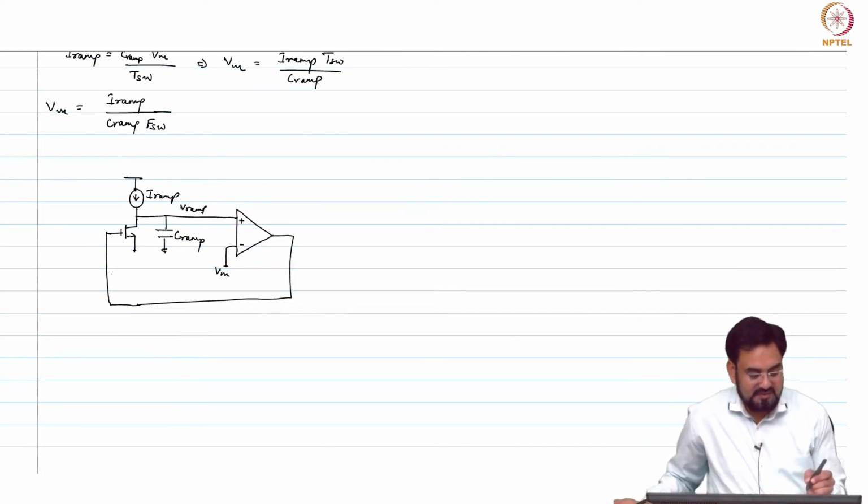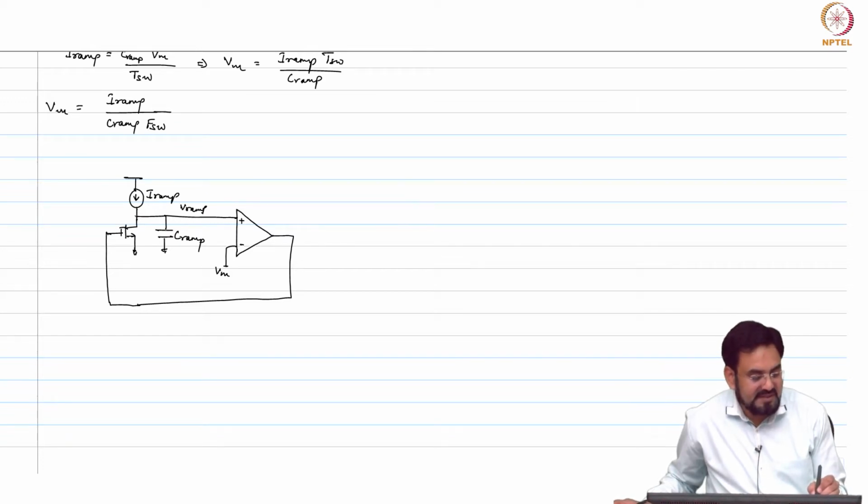So what would happen when this reset switch is off? This current will charge your VRAM, and the moment this VRAM goes above VM, this comparator will pull the gate high and it will reset.